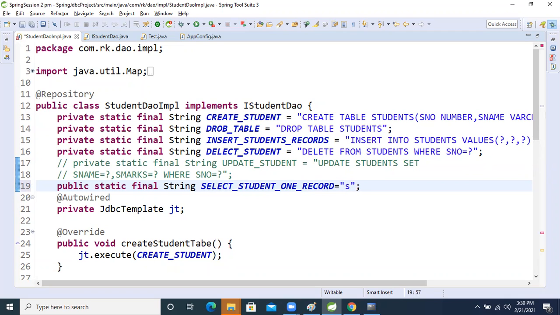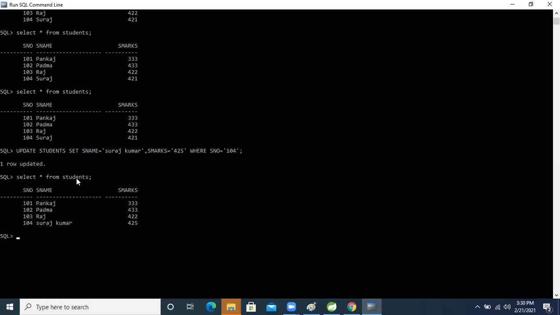For this we need a where condition to select only one record. This is not the query for selecting all records from the student table, but I want to select only one record. So for that,